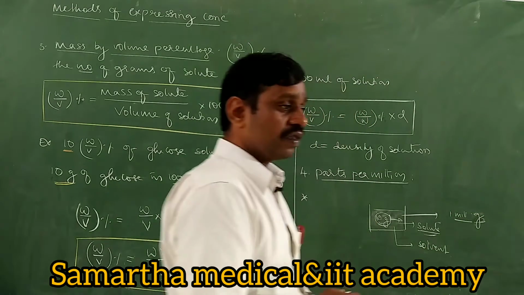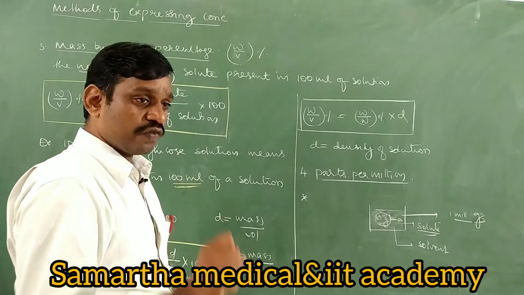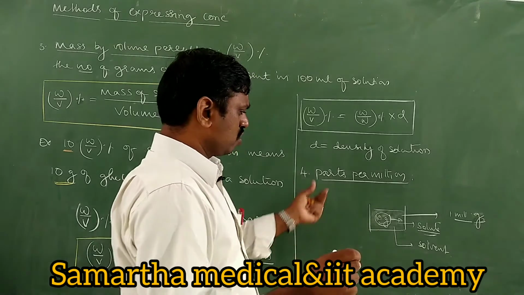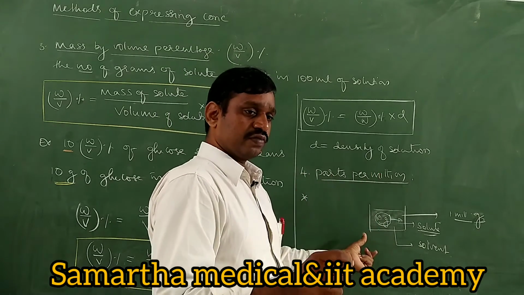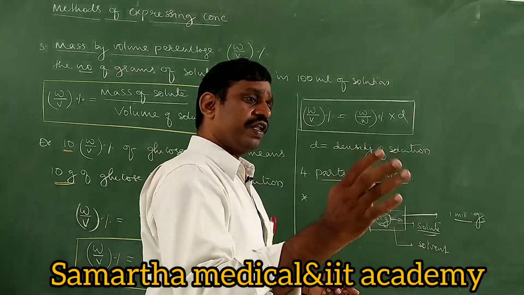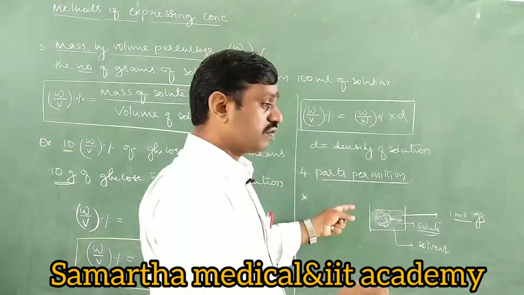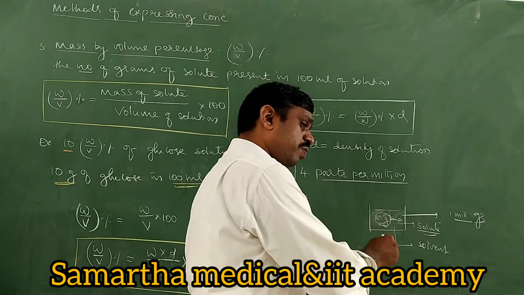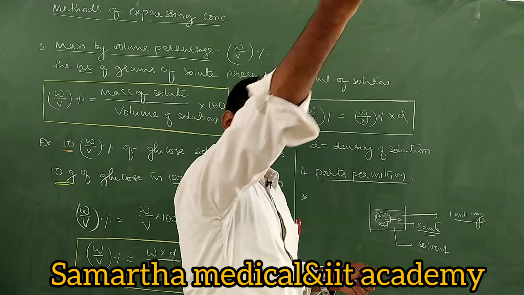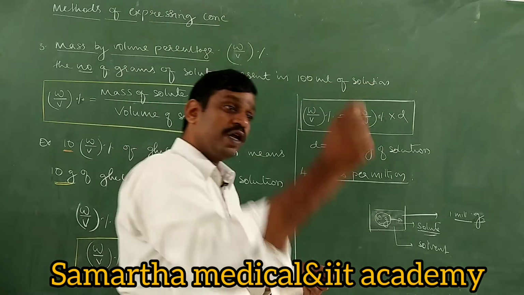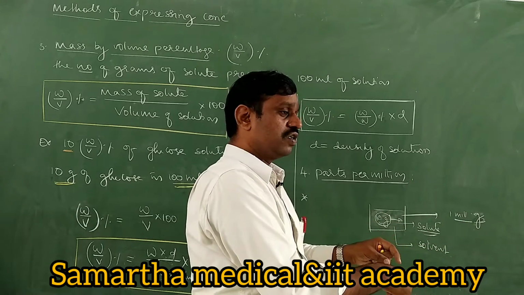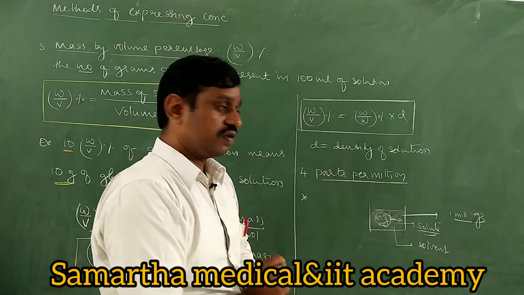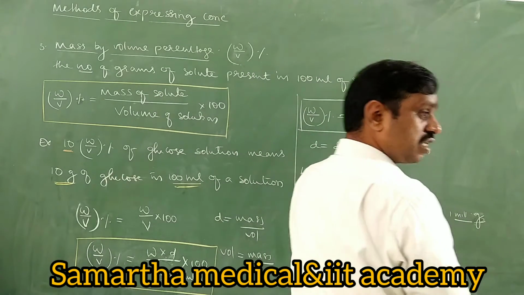In first PUC you might have studied hardness of water in the topic hydrogen and its compounds. Hardness of water can be determined by parts per million. If the concentration of the solute is very minute, very less, then parts per million can be used. It means how many parts of the solute are present in a million parts of the solution. Million is a very large value. So in a million parts, how many parts of solute are there, 1 part, 2 parts, 3 parts? That is nothing but parts per million. Million is 10 power 6.